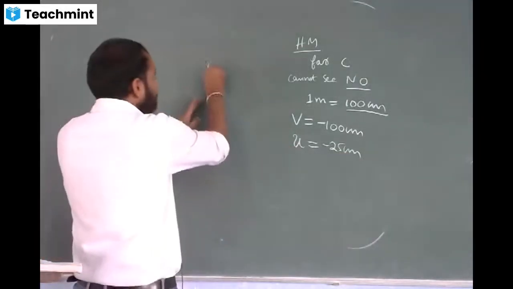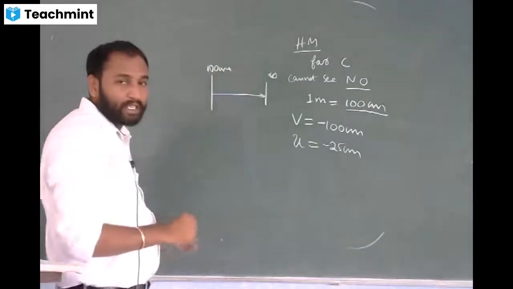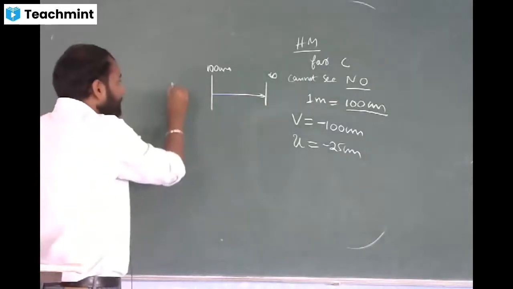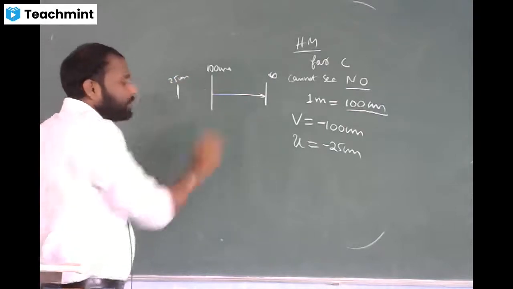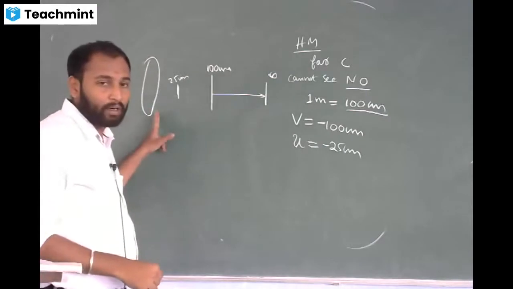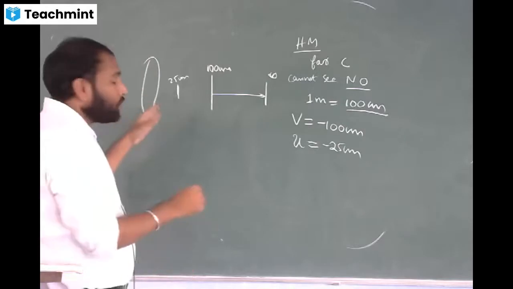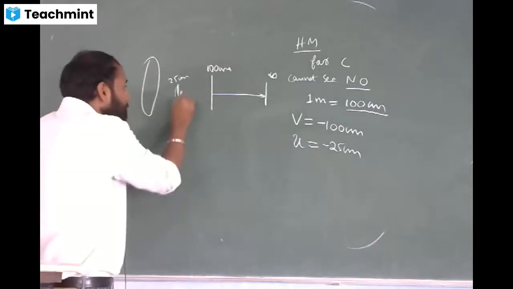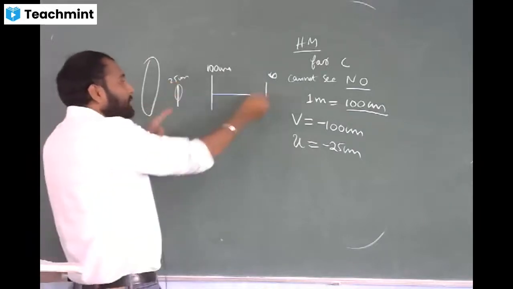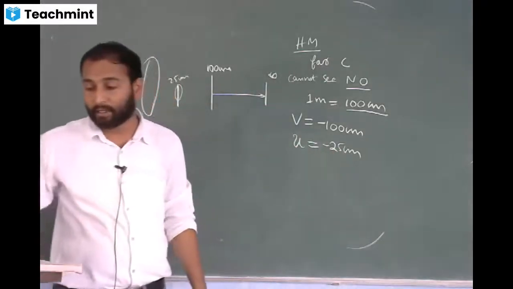See, sir, this is 100 centimeter, this is infinity. He is able to see the objects placed from 100 centimeter to infinity, but he is not able to see objects from 25 centimeter to 100 centimeter. So if we give him a lens with suitable power, after calculating, what is our aim? We have to place the object at 25 centimeter, then he will be able to see the object from 25 centimeter to infinity. So we have to take object distance as 25 centimeter. Understood?